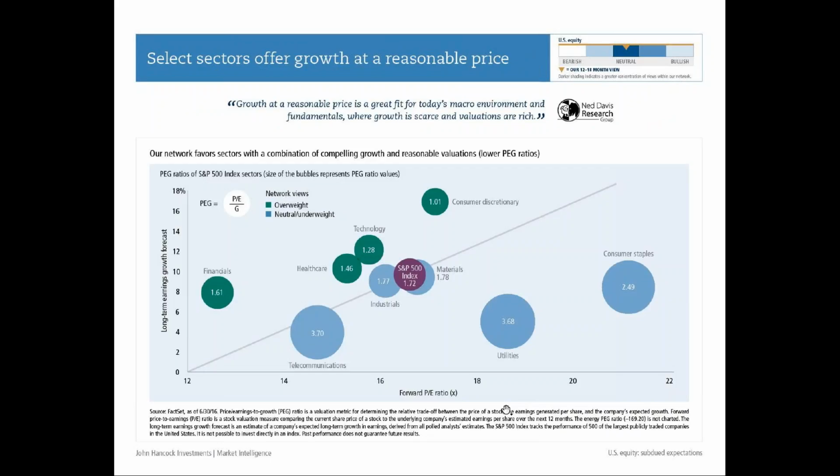The other point, though, is that there are sectors that are doing okay, and when you actually use a valuation lens to look at them, there are some places we think offer attractive opportunities. In this chart, what we show on the vertical axis is a forecasted long-term earnings growth. This is based on bottom-up analyst expectations of earnings growth for different sectors. And then the price to earnings multiple.